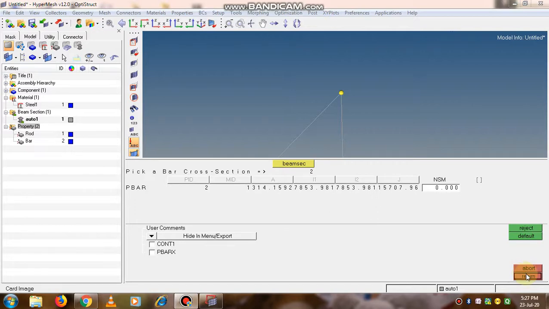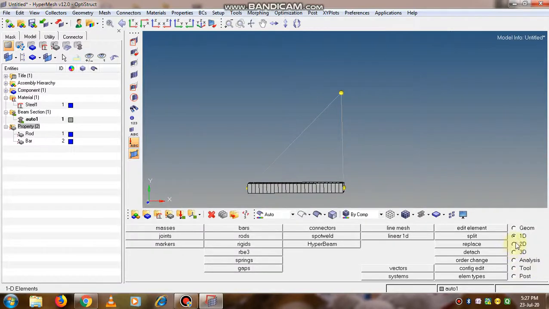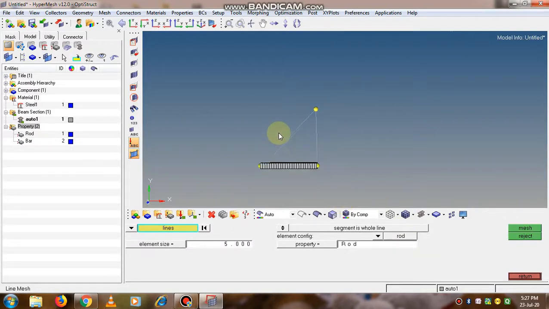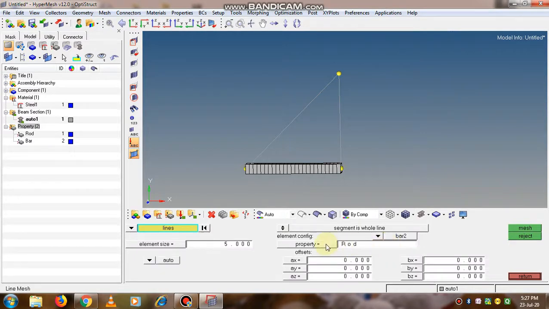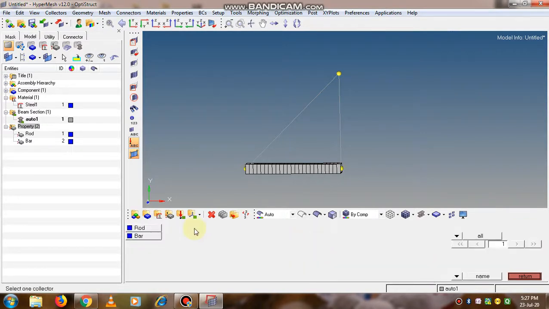And return. So now to create a 1D mesh, again we will go to 1D line mesh. Now from rod we will shift to the bar, and again click on this property tab and select the option.